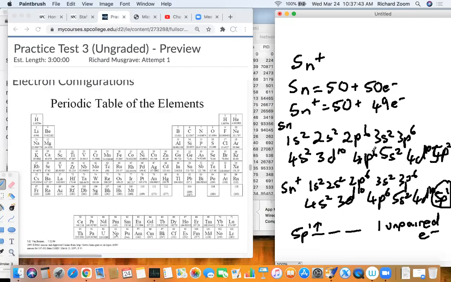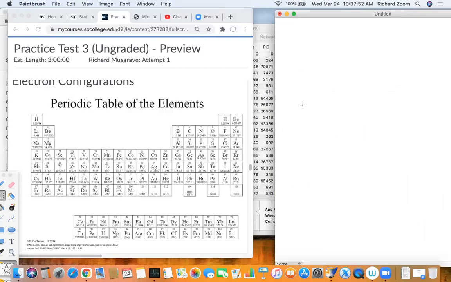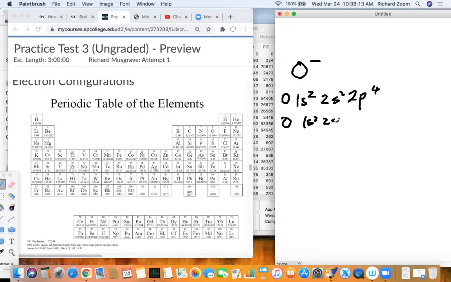If you were asked, let's say O minus, we'll do that. I'll give you another example here. If you're asked how many unpaired electrons O minus has, we could do the electron configuration for O, which is 1s2, 2s2, 2p4. O minus would have one other electron there, 1s2, 2s2, 2p5